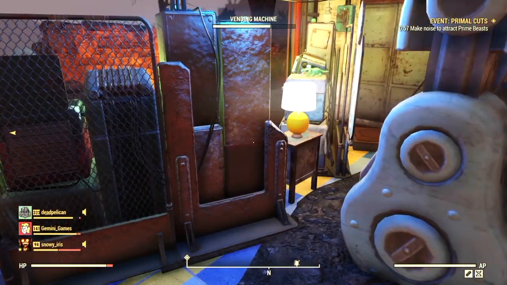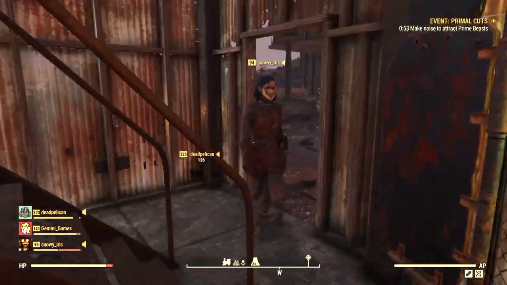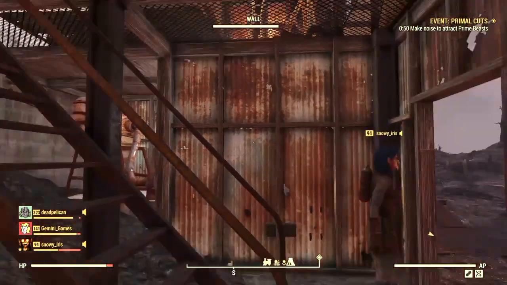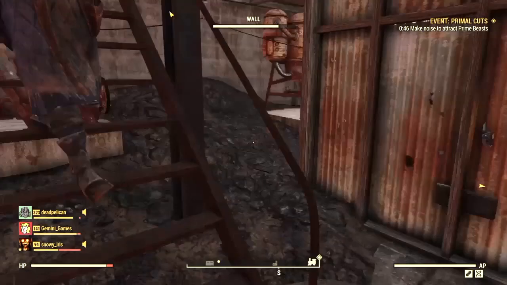It's naughty, very naughty. Oh, and there's that pressure plate you were talking about. So yeah, if you get stuck, you can get out. It's not a big deal. So then if we go upstairs to the next level,